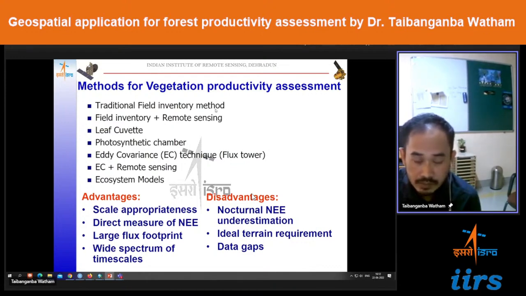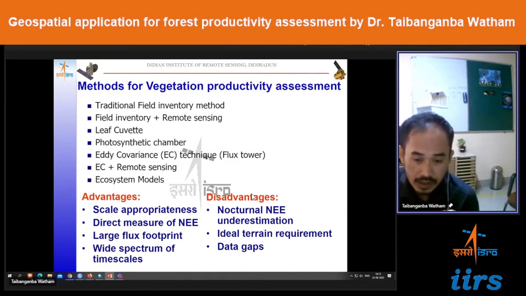So these are some of the techniques, and one of the widely and popularly used techniques for estimation of vegetation productivity is the eddy covariance, also known as the flux tower measurement, in which we use high-end instruments measuring the vertical wind speed and the changing CO2 concentration or any other variable of interest. We try to calculate how much carbon exchange is taking place per unit area per unit time. So when we use this eddy covariance technique, there are certain advantages: we can estimate the GPP or the NEE,